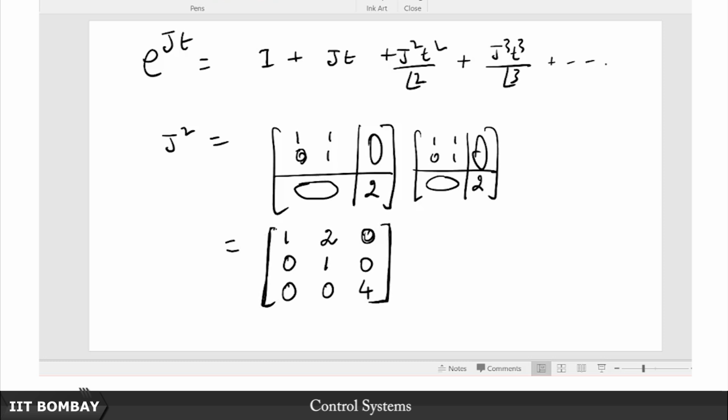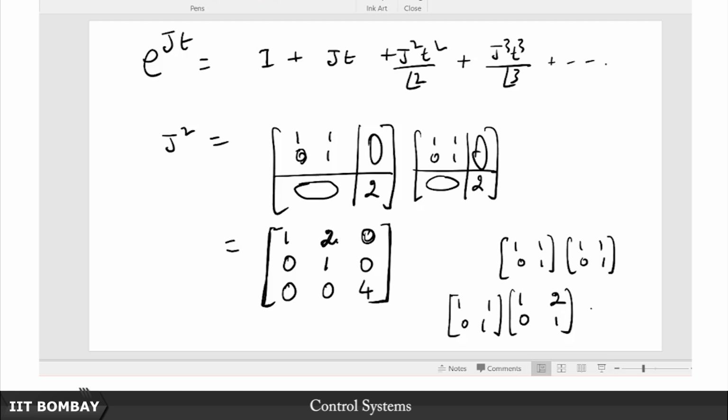If you keep repeating this, I urge you to check this as part of an exercise, that if you keep doing this Jordan multiplication again and again. So I will take the smaller block and I will show you. This 1 1 0 1 times 1 1 0 1, what does this lead to? This leads to 1 2 0 1. Now if you again hit it with another Jordan block 1 1 0 1,